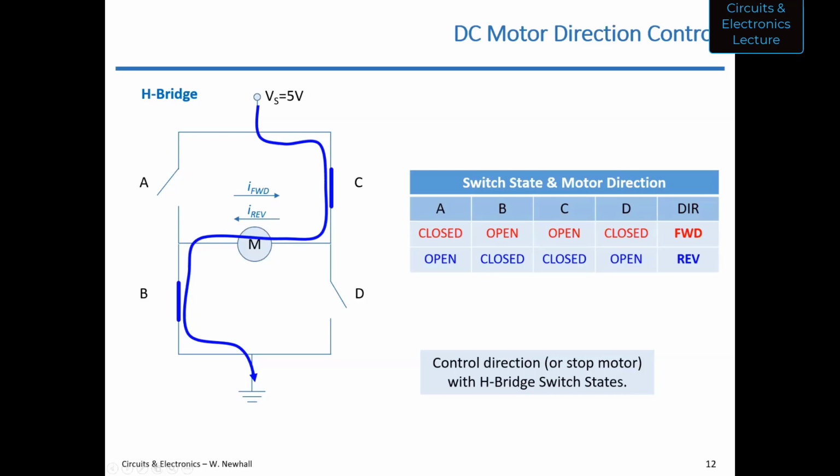You'll see some of these states listed on a data sheet that I'm going to show you on what it means to stop the motor. But simply, you could just open up all the switches and the motor will stop. Make sense? So are you relying on friction to stop the motor? Yeah, yeah. But you could also, if you apply 0 volts,